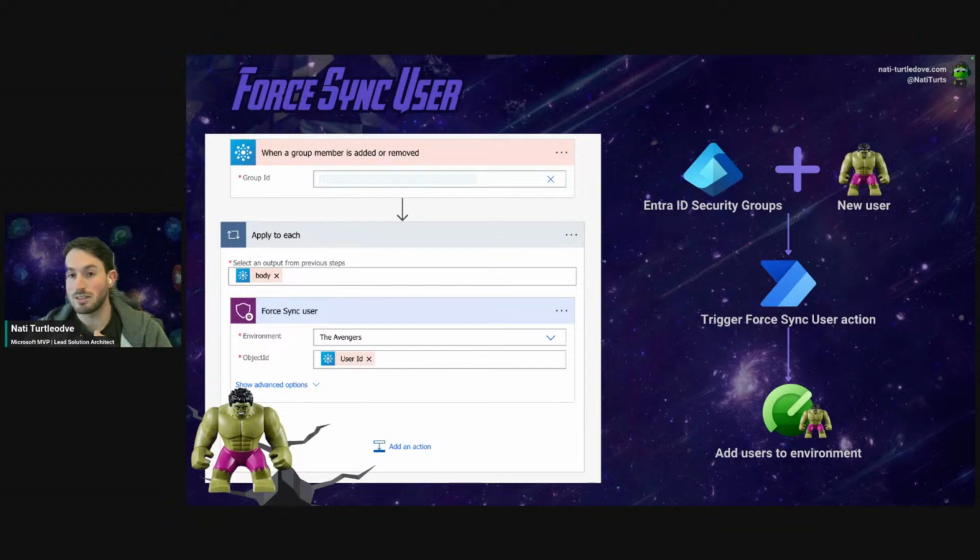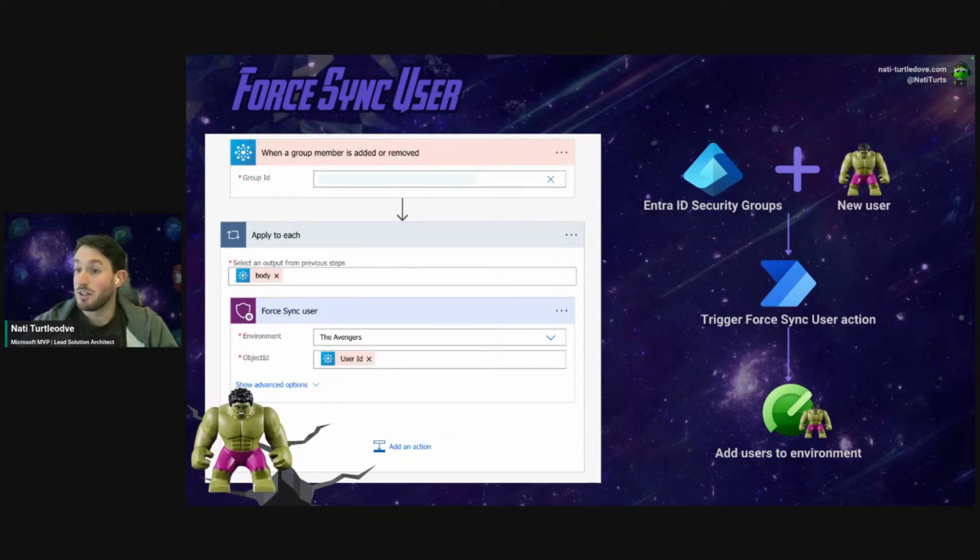And this is something that we'll use a bit later on in the presentation when we're talking about more security groups. But I find that it helps optimize and streamline the efficiency of ensuring users are added to an environment as soon as possible. It can still take up to an hour at times, unfortunately. But at least you're putting in a force measure to say, great, this user's been added. Let's add them to the environment, and voila, we can now start assigning security roles, we can start assigning data, etc., and continue with our security journey.